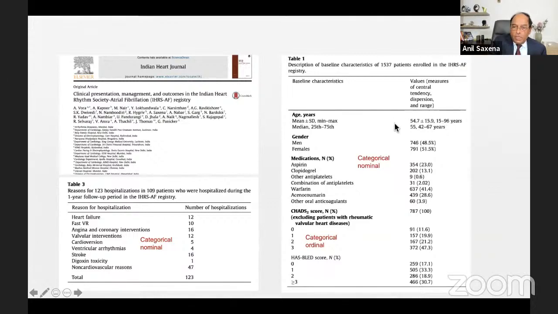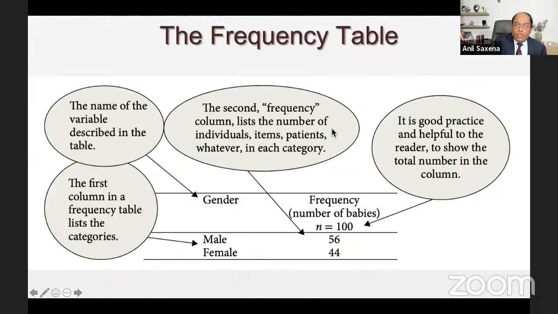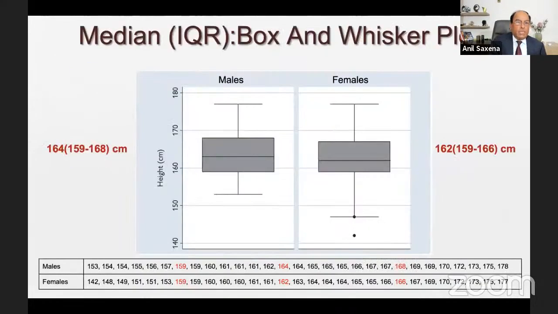So all three measures are there, and then we have the median of 55, and then there is another value, 42 to 67. This is the 25th percentile to the 75th percentile. Now this is also called IQR. Whenever you see in the papers that the authors have mentioned median, they also mention IQR, which is interquartile